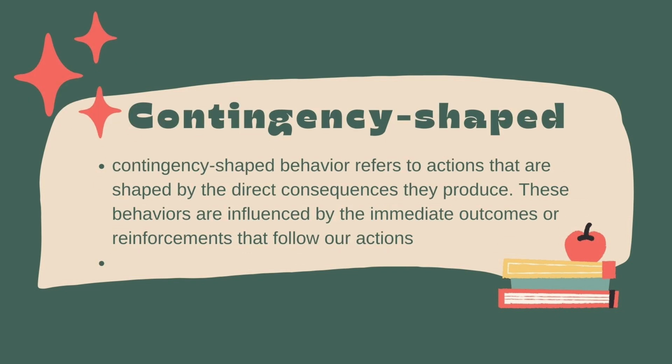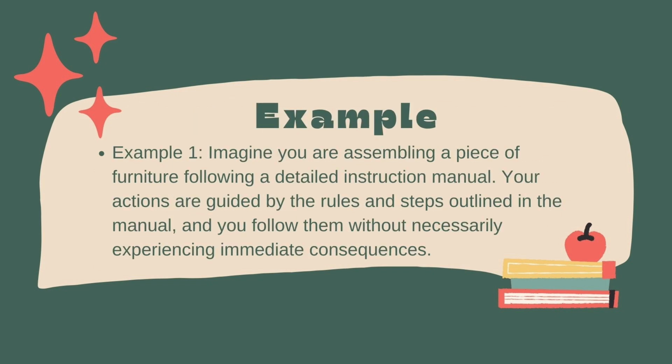On the other hand, contingency-shaped behavior refers to actions that are shaped by the direct consequences they produce. These behaviors are influenced by the immediate outcomes or reinforcements that follow our actions. Now, let's explore some examples to further understand the differences between rule-governed and contingency-shaped behavior. Example 1. Imagine you are assembling a piece of furniture following a detailed instruction manual. Your actions are guided by the rules and steps outlined in the manual, and you follow them without necessarily experiencing